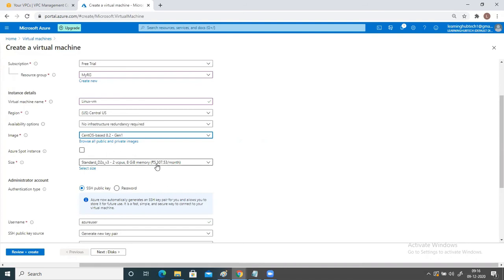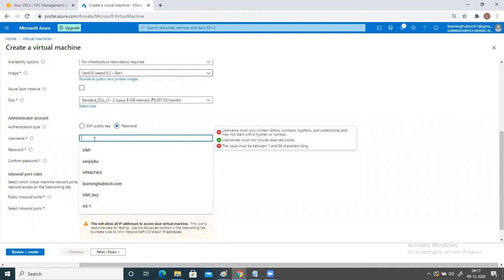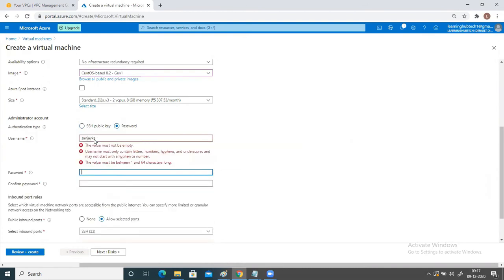You can see the difference of cost here. In case of Windows, it was around 10,000. In case of Linux, it is around 5,000 rupees. Then it is asking me about the username and password. So this is my username,